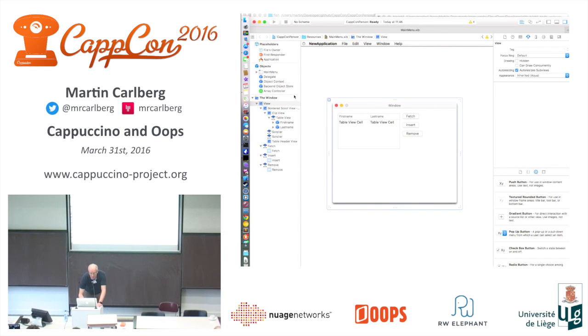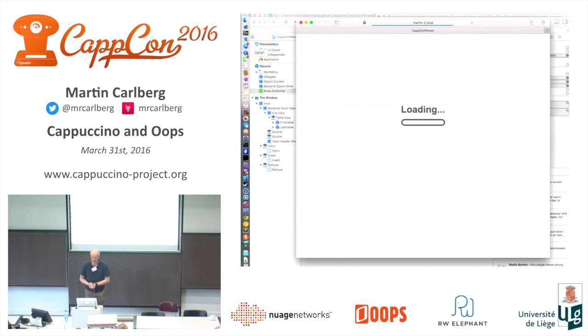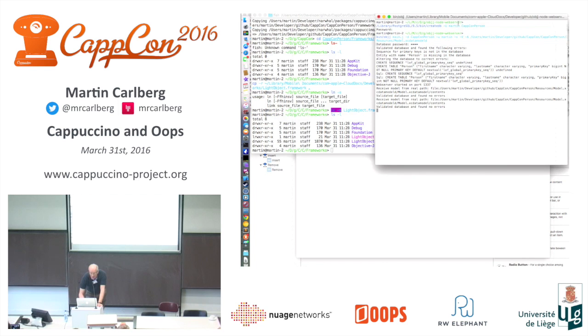What we do is the array controller has some actions here. We have fetch. We bind that to this button. We have insert. We have remove. We save it. We go back and we reload it. Now we have these buttons here, and hopefully, if I have not forgotten anything, we could,